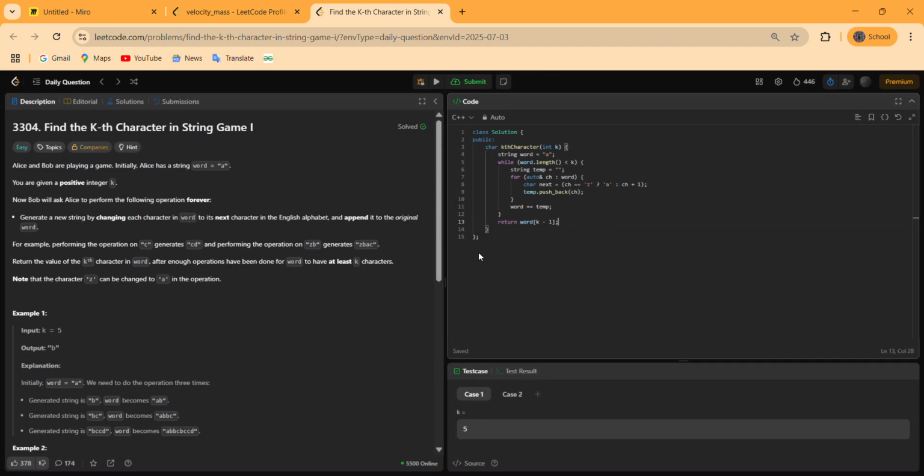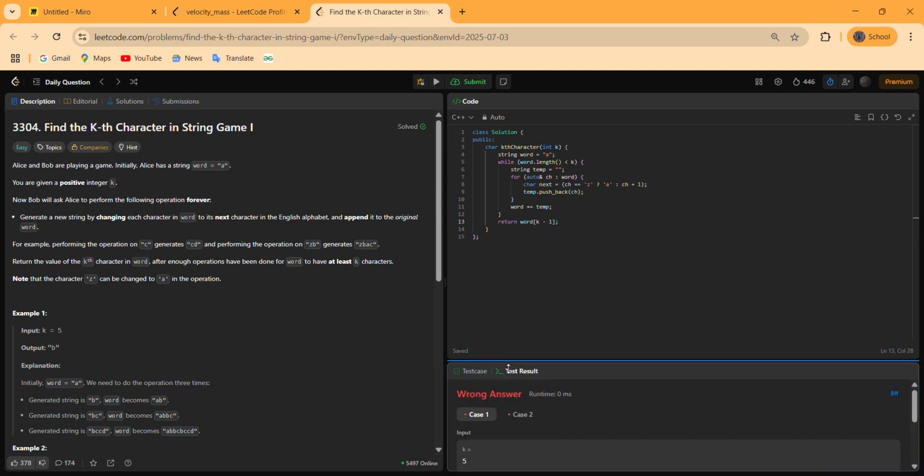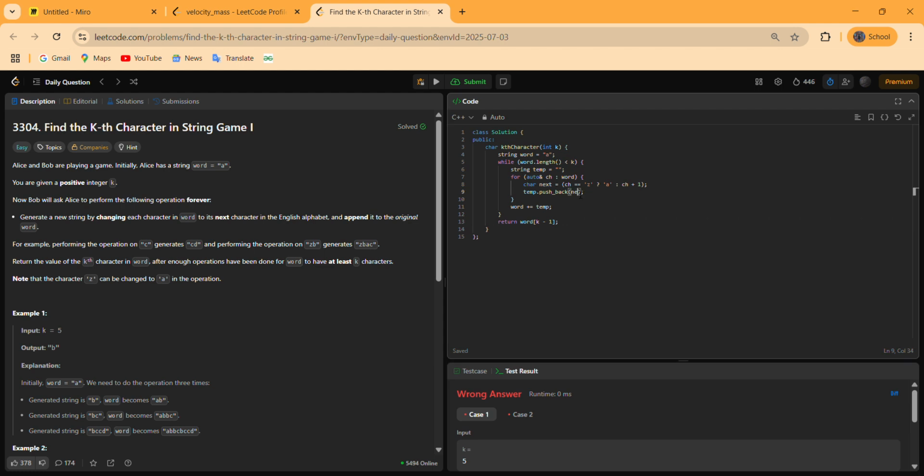Now let us run this and check if it is running fine. This is giving me an error, and what is the error? The mistake is this: we have to append next inside it and not the ch itself.